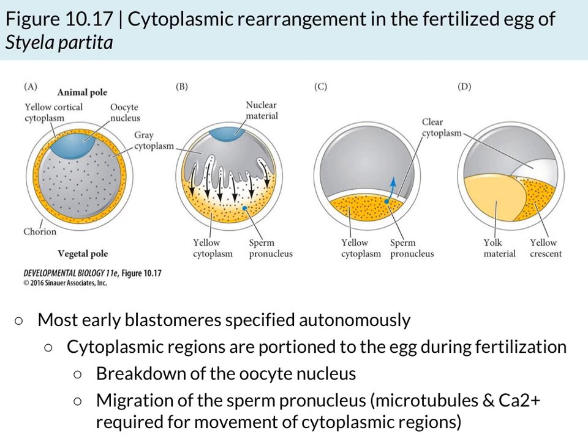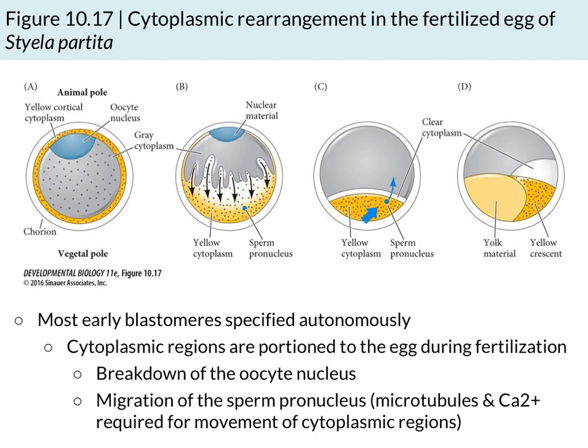Now, before fertilization, you have a yellow cytoplasm that's located in the cortex of the oocyte, and that surrounds a gray cytoplasm in the interior of the oocyte. After the sperm enter the eggs, which only happens in the vegetal pole, meiosis resumes, and when the nuclear envelope breaks down, there is a clear cytoplasm that is released and it displaces to the animal pole. And within a few minutes of sperm entry, the inner and the cortical cytoplasm have actually moved to the vegetal